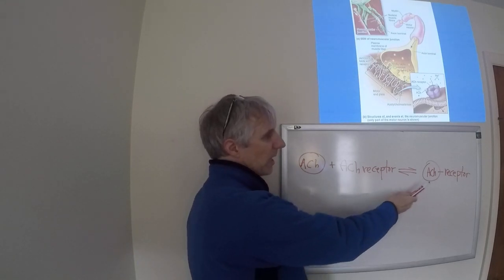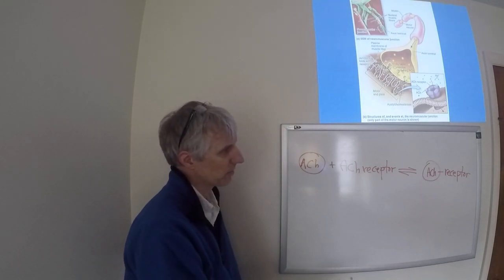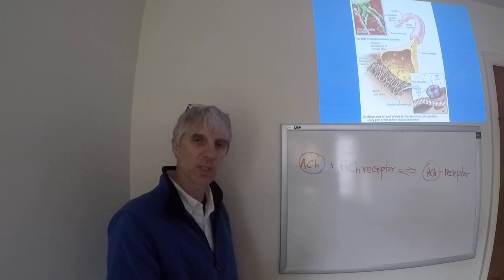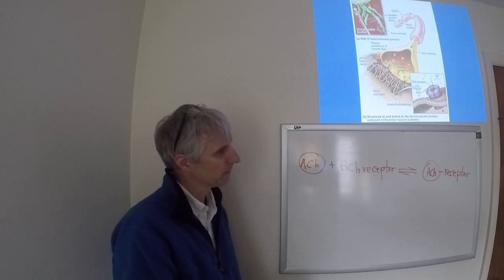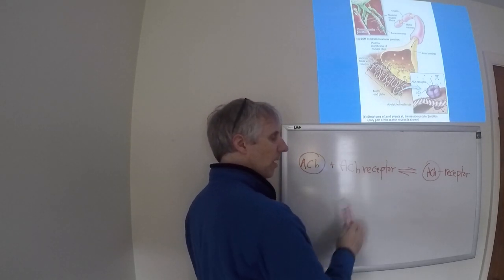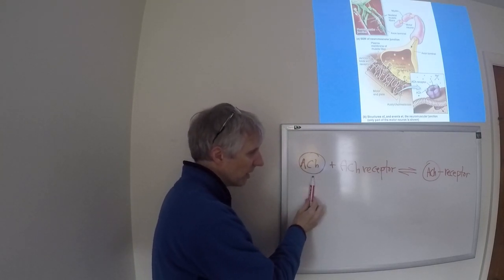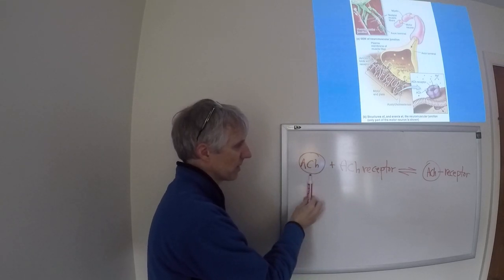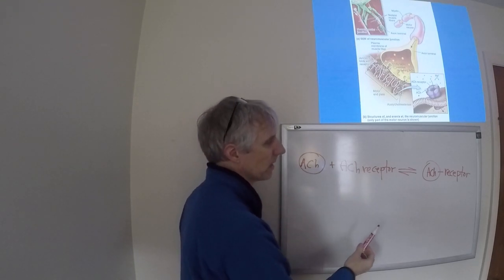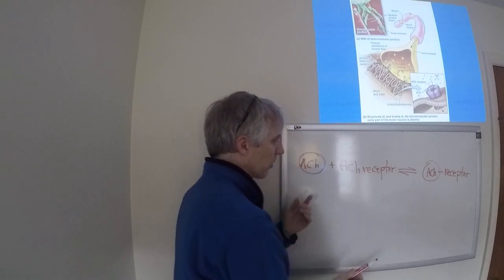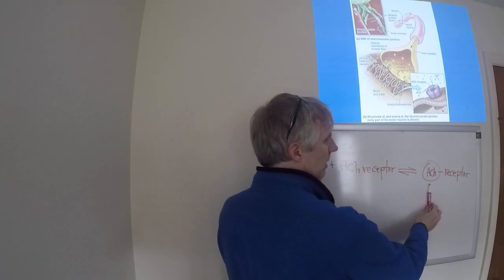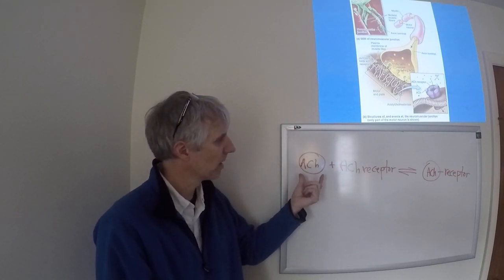The way you get more acetylcholine bound to the receptor is to increase the amount of acetylcholine that you have. Okay? This model also tells us that at any given time, given a certain number of receptors and a certain amount of acetylcholine, there should be a certain proportion of this acetylcholine bound to receptor as well as some